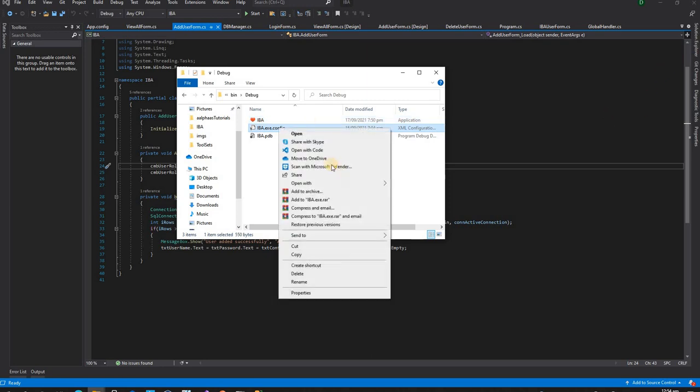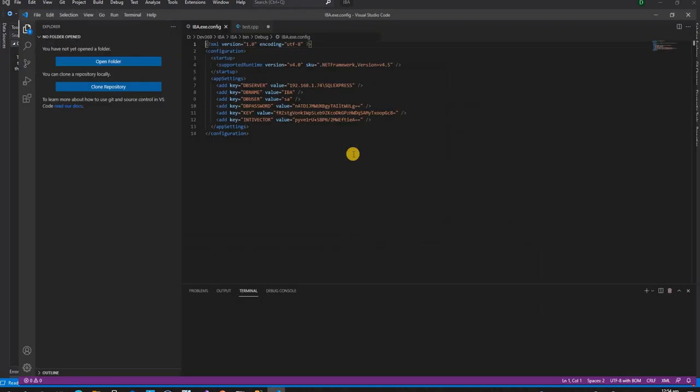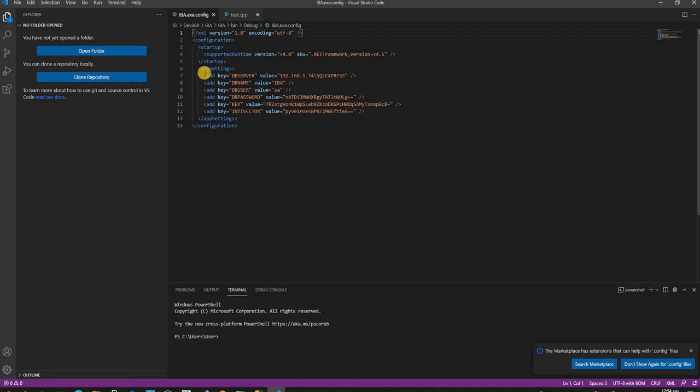If you want, you can open it in Visual Studio Code and check it. Here it has a specific set of values inside the app settings, and the app is using these. So when you start assessing the application, we come to know that there is a DB server on this IP, the DB name is IBA, and we got the DB user. But if you check the DB password, it is encoded here,